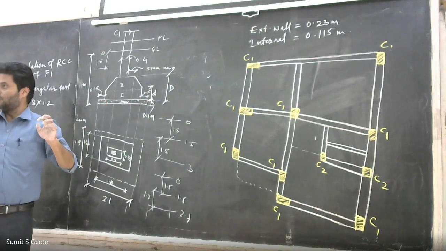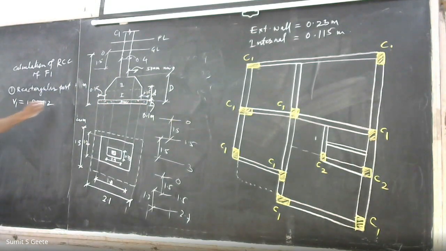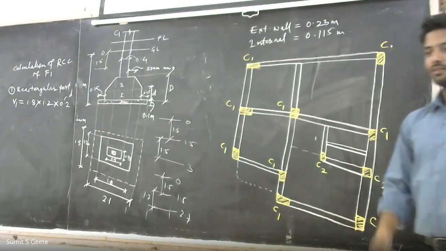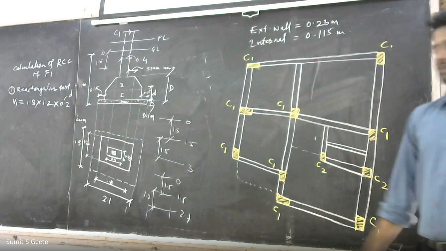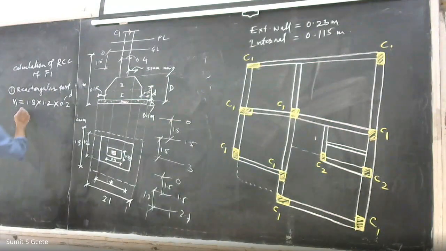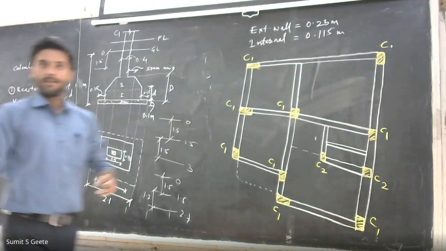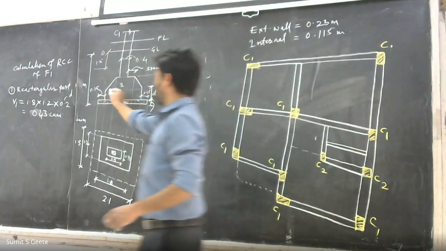Value of small d is given to you for F1. So simple multiplication. 0.43 ठीक है क्यूबिक मीटर, क्लियर। अब ये तो हो गया rectangular part, ये आपने कैलकुलेट कर लिया।